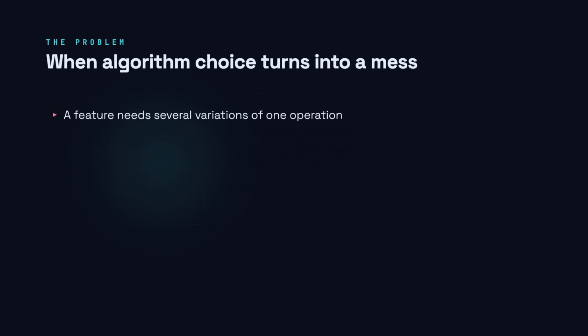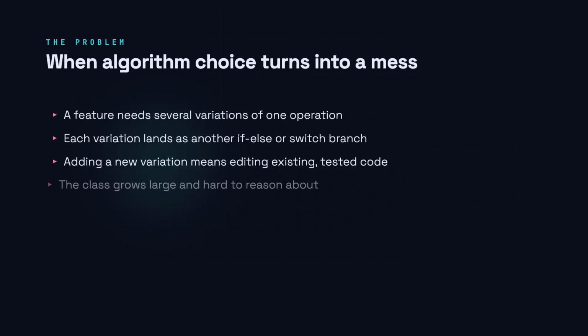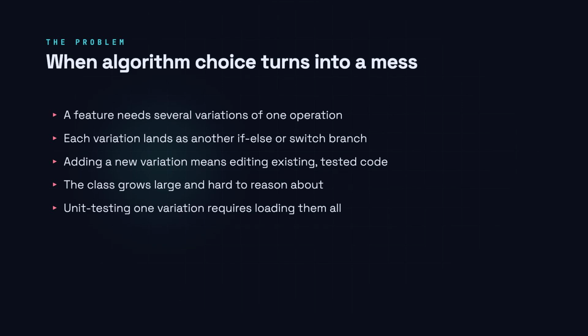Imagine you're building a sorting feature. First you need bubble sort, then merge sort, then a quick sort for large data sets. The natural instinct is to add an if-else for each one inside the same method. That works for 2 cases, but by the 5th variation, that method has become a wall of conditionals. Every new algorithm is a reason to touch and potentially break old code, and testing one path forces you to